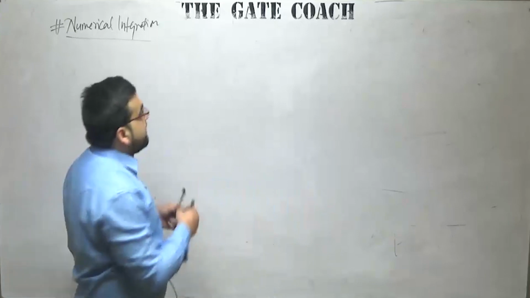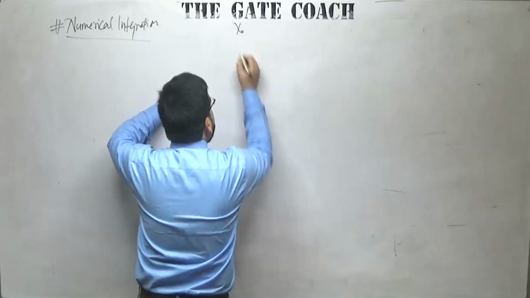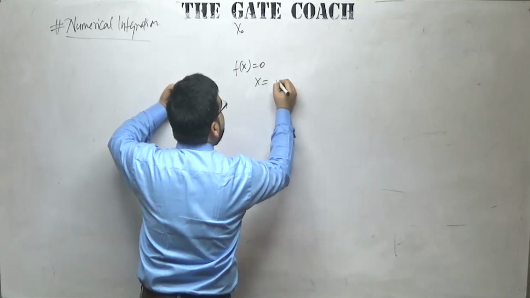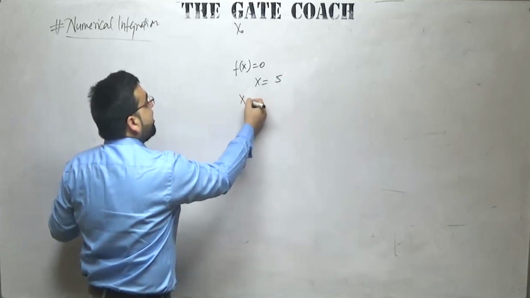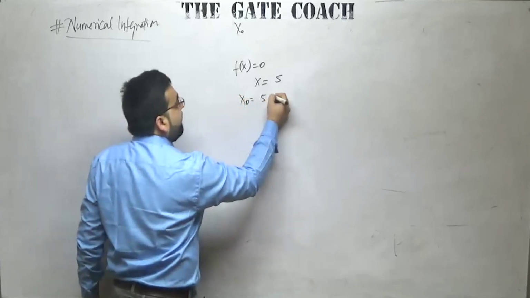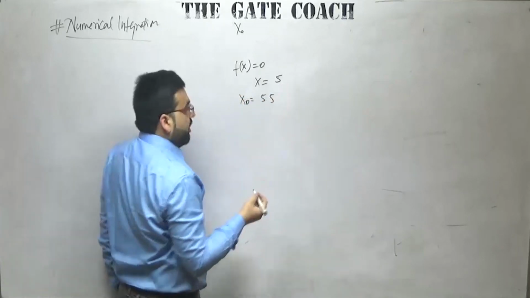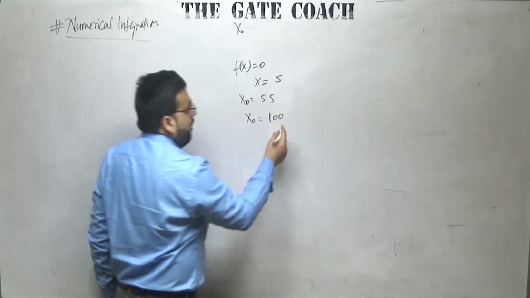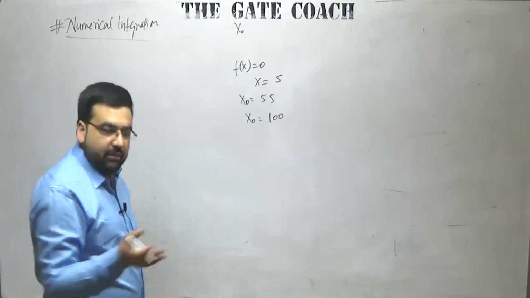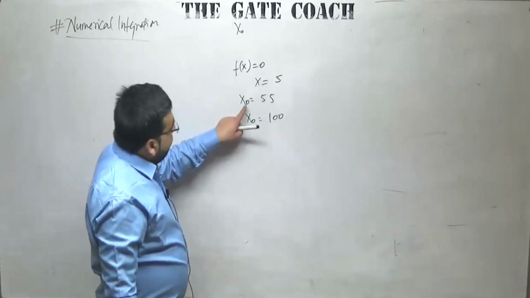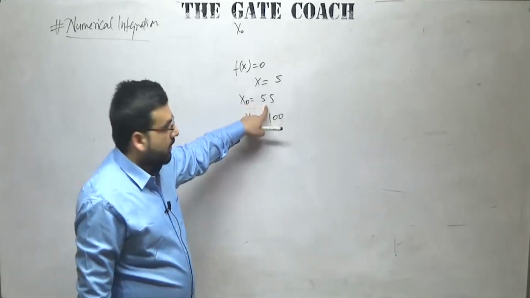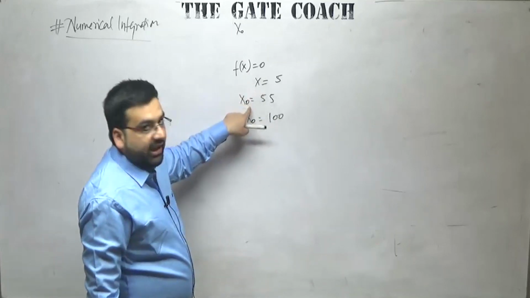The only thing is that the first root, that is x naught, let us say your exact root f of x is equal to 0 and the value of x is coming out to be, let us say, 5. The first iteration x naught should be as near to the exact root as possible. If you are taking it as 5.5, you will get the exact root much sooner. Let us say you are taking the first value as 100. Obviously, the number of iterations will be more, because you have to draw a lot of tangents to come closer to the exact root. So the nearer the first value is to the exact root, the earlier you get the results. Clear? So everything depends upon this x naught.